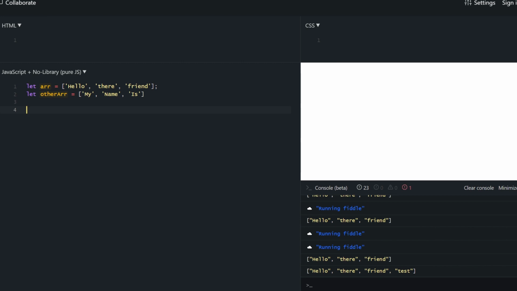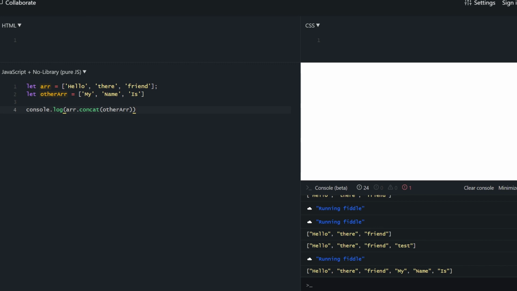There's one more useful method called concat. It basically creates a new array that includes values from other arrays and additional items. So it accepts any number of arguments, either arrays or simple values, and the result is a new array containing